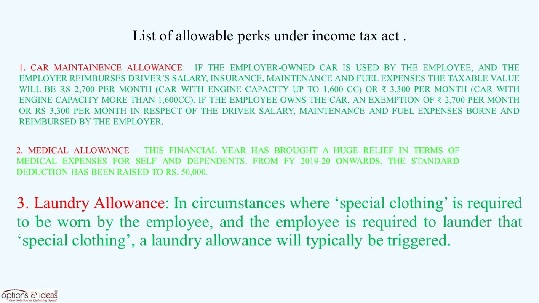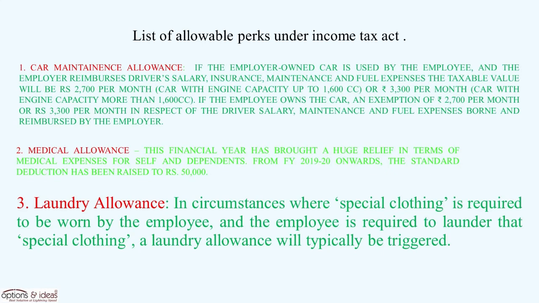List of allowable perks under Income Tax Act. 1. Car maintenance allowance. If the employer-owned car is used by the employee, and the employer reimburses driver's salary, insurance, maintenance and fuel expenses, the taxable value will be 2,700 rupees per month